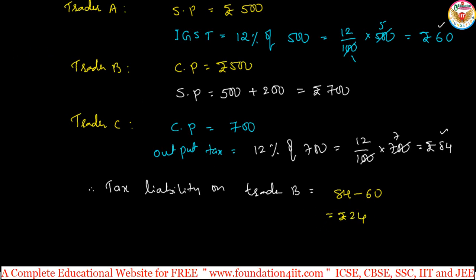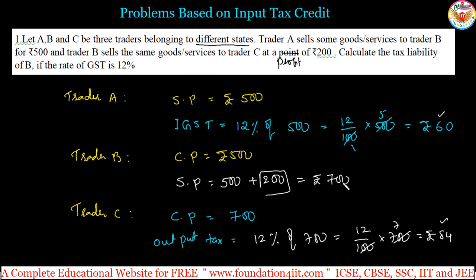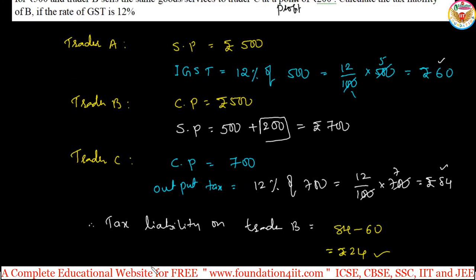One thing you can notice here, the profit is actually 200, right? It is sold with the profit of 200. So on 200, if you calculate 12%, it is also exactly equal to 24. So this is the tax liability, or directly we can conclude it is the tax on profit. Both are the same. Okay, so this is the way this type of question is asked. And with different combinations also, let us see a few more questions.